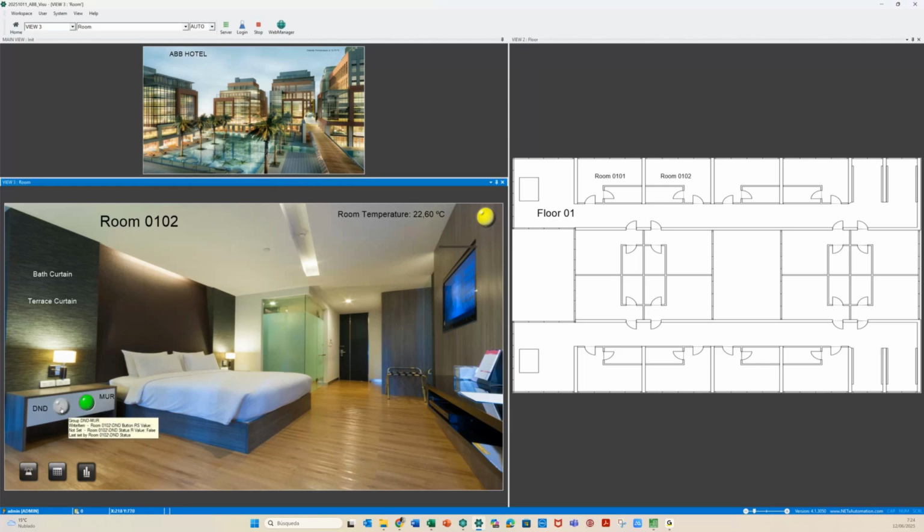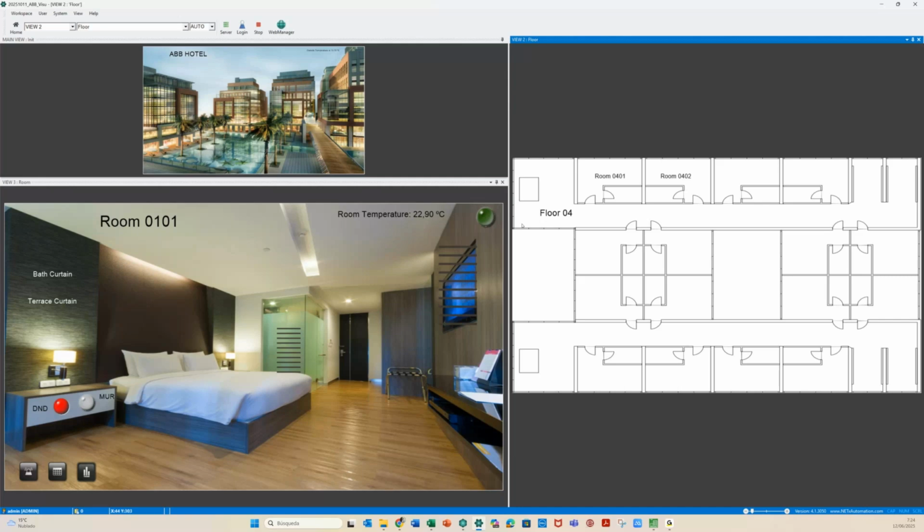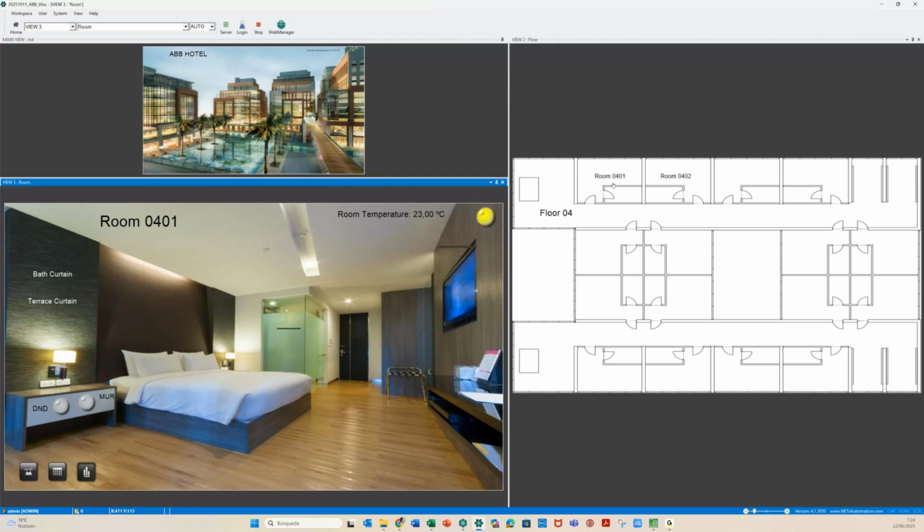And if I go back to room 0101, it's working fine. So if I go to floor 4, for example, 0401 will be here. The penultimate, here's floor 401 and 402, for example,